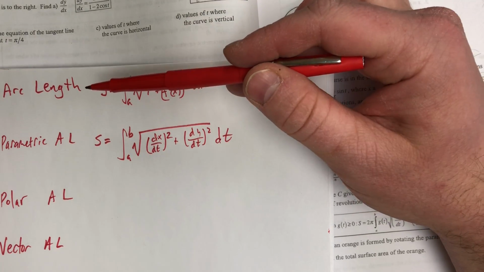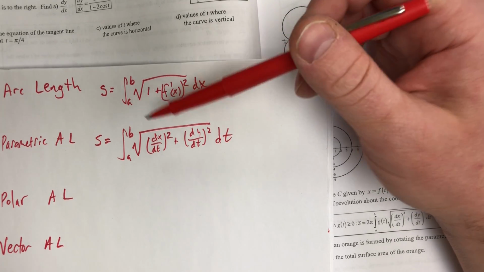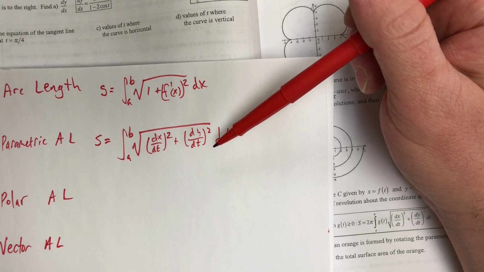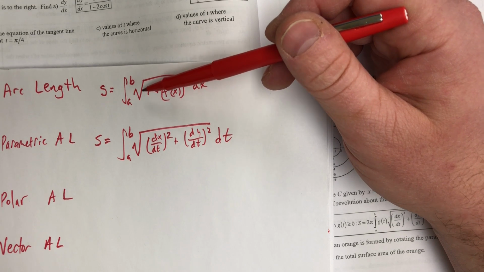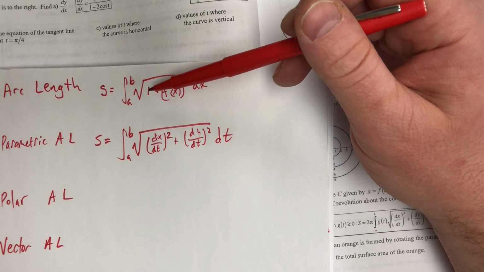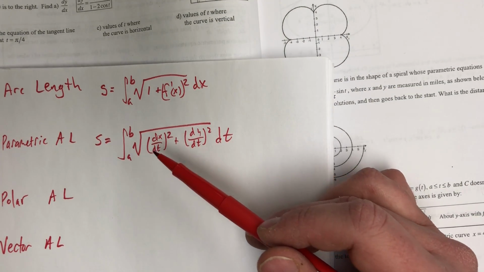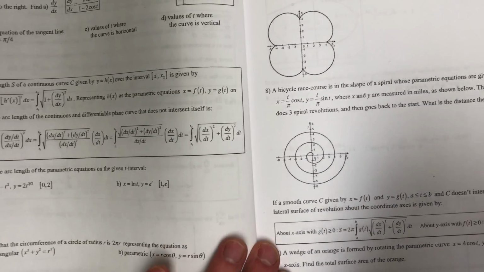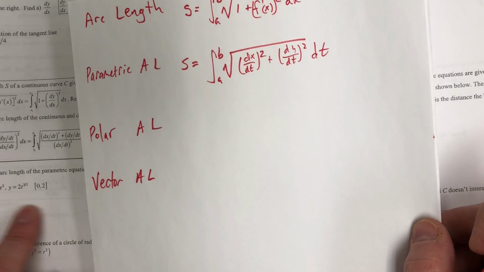This arc length, when we're dealing in rectangular equations, is 1 squared plus f prime squared. This one is dx squared plus dy squared. We could think about this as like x prime squared plus y prime squared. It's just x prime in regular rectangular equations is just 1. In parametric, x prime is dx dt. In polar, if I remember correctly, it's something similar. And I'll come back and make fun of current me in the future if I'm way off here. But if I want to find this arc length,